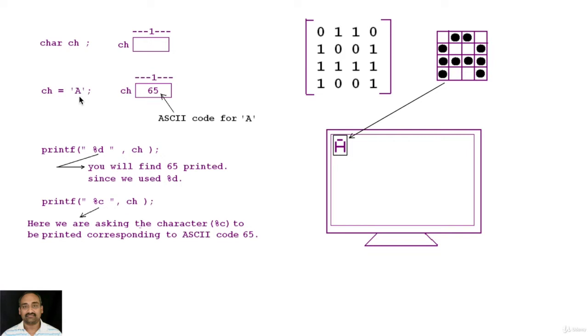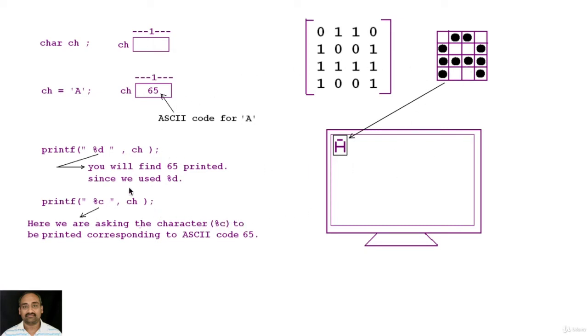So what happens is each character is given a standard code that is called an ASCII code. Whenever you are looking to store a character, its corresponding ASCII code is saved instead of the actual bitmap. Now when you are looking to print this character, we say %c. The %c format specifier indicates that we are looking to print a character. While it is getting printed, the corresponding character bitmap is sent instead of the ASCII code. So this is all about the internal translations that happen.